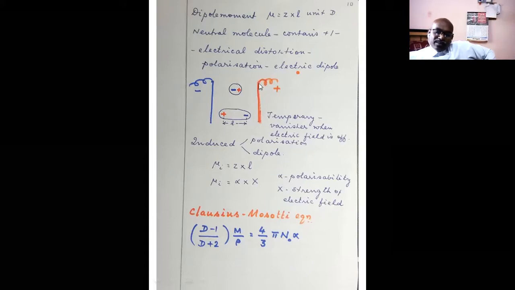You may be knowing the ceiling fan. Sometimes the fan will rotate slowly. So when you ask the electrician to check it, he will say the condenser has failed, and he will replace the condenser with a new one, and then the fan will rotate at the normal speed. So you can take that cylinder like a condenser,